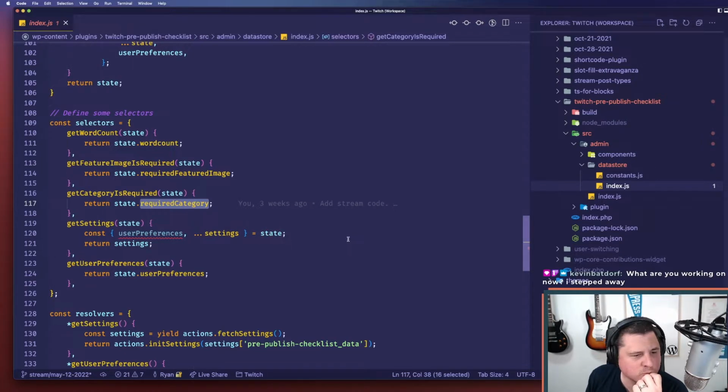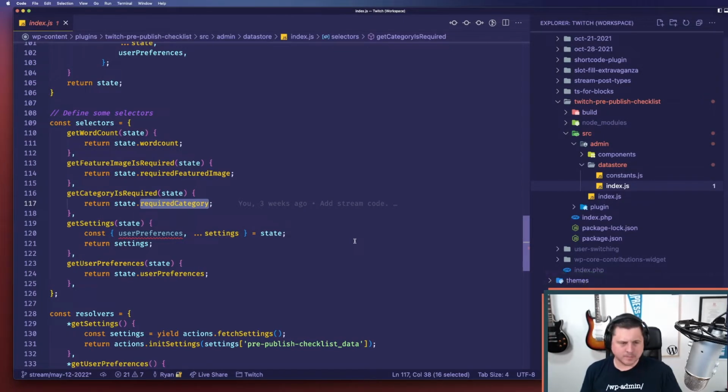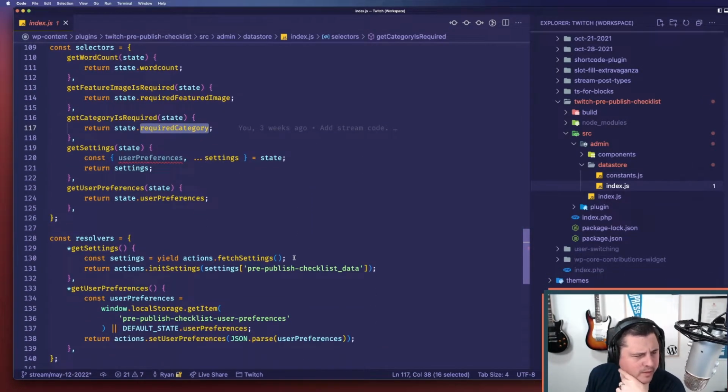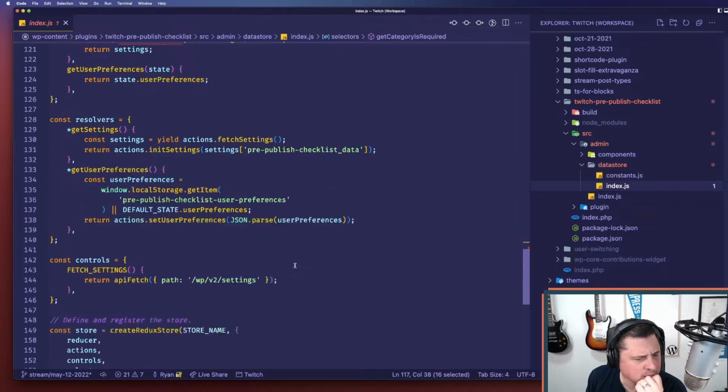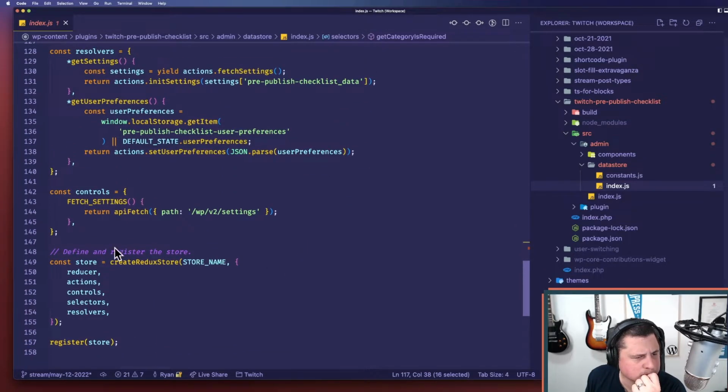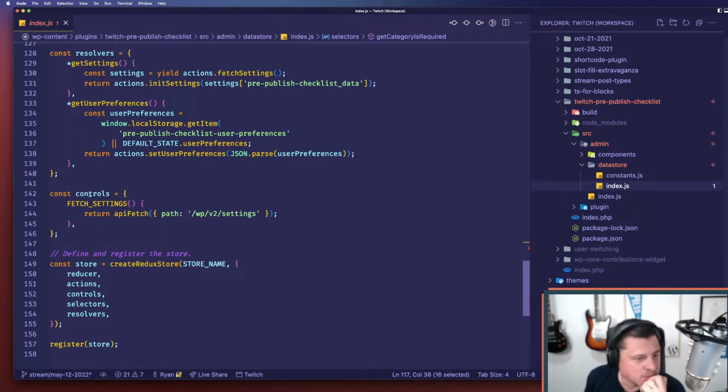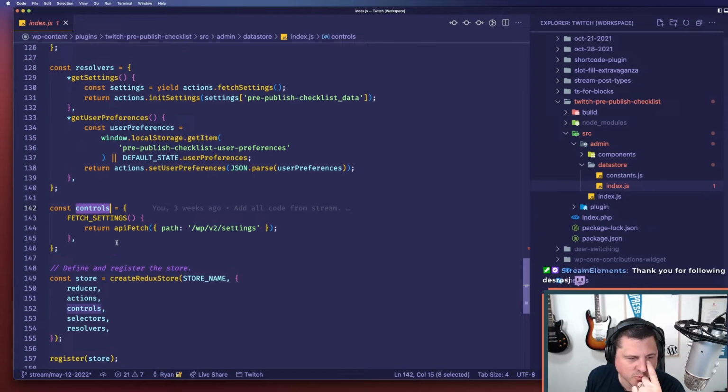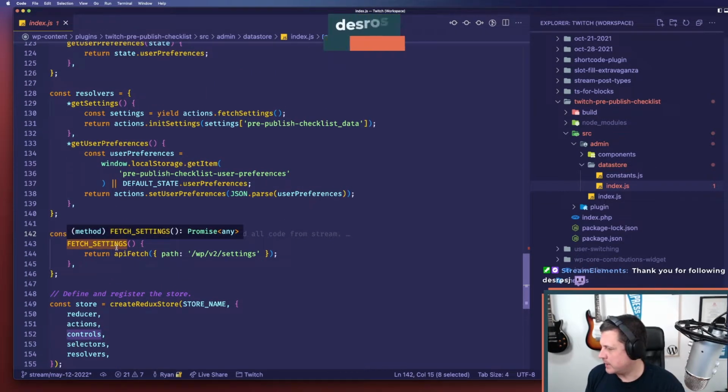Oh, Kevin, I'm fighting through thunks. That's what I'm working on now. Just looking at the way we can simplify our, hopefully we can simplify our store a little bit. So in the example that they have, they're talking about how we can do away with this control by